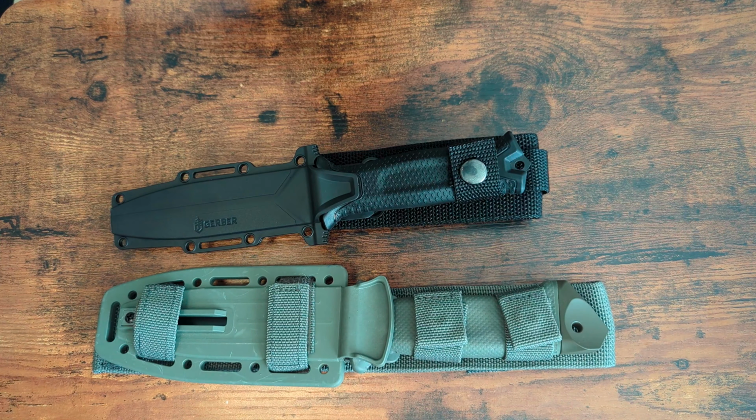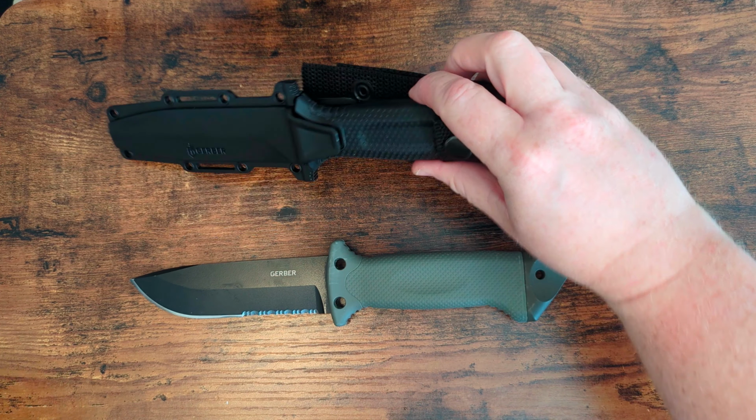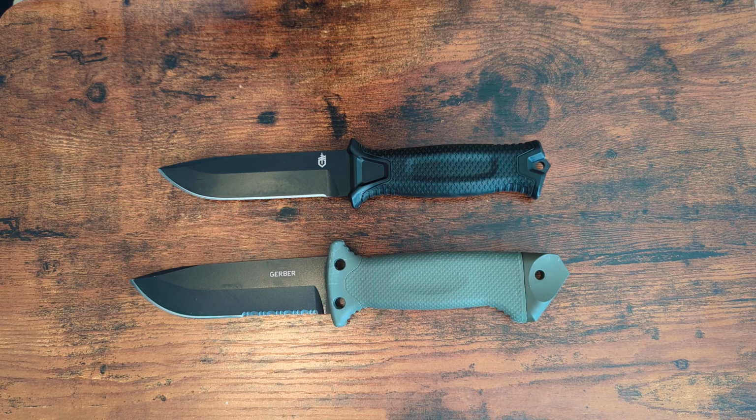Now, let's take a look at the knives themselves out of the sheath. So this one locks in real tight. We'll put that there and put the sheath over here. And this one comes out a little easier. You got this thumb ramp right there, and it pops right on out. So we have